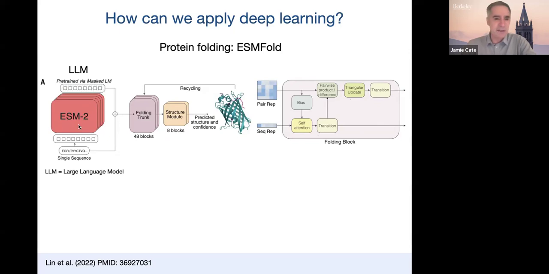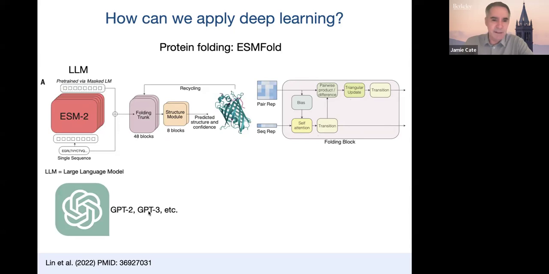And so by analogy, you can think of this as kind of like the GPT model on one end, and then ChatGPT built on top of that. ChatGPT is not a language model itself, but it has all sorts of extra layers on top. By analogy, ESM fold is kind of like ChatGPT in the sense that it has a language model as a foundation, and then it builds on top of it, and in this case uses known structures of proteins to help train the model.